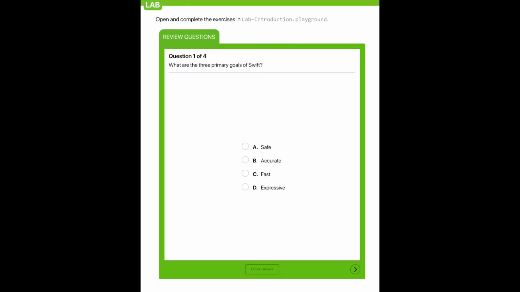Now, by this point, we've done quite a lot of content, and we're going to start and do some review questions just to make sure that we're on the right path. I will start by reading the question, which is, what are the three primary goals of Swift? Pause the video and make sure you give yourself some time to answer this, and I'll answer in one, two, three. Well, from what we read and experienced, it is a safe language, it is a fast language, and it is an expressive language. Make sure you click on check answer, and as you can see, we've got all three